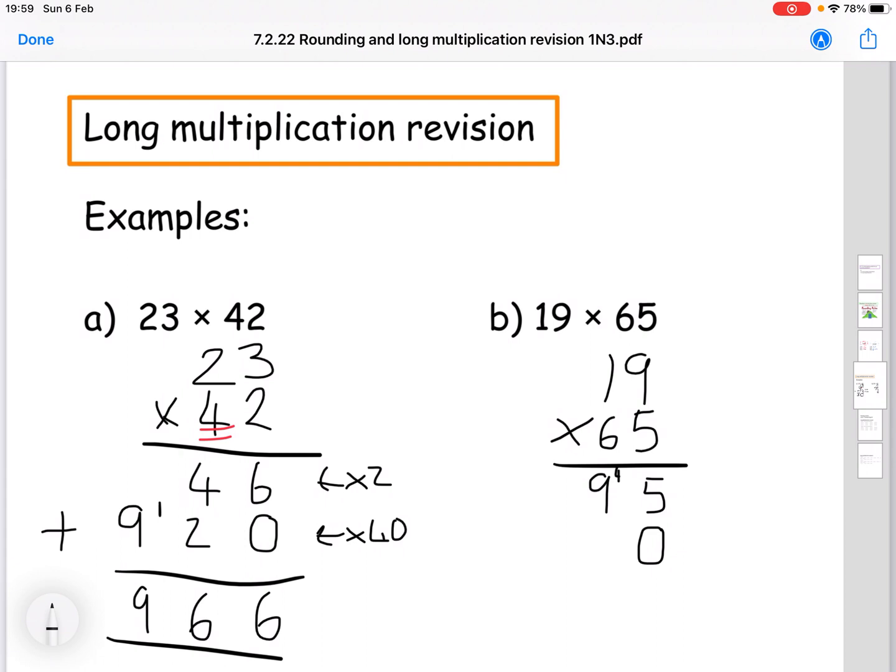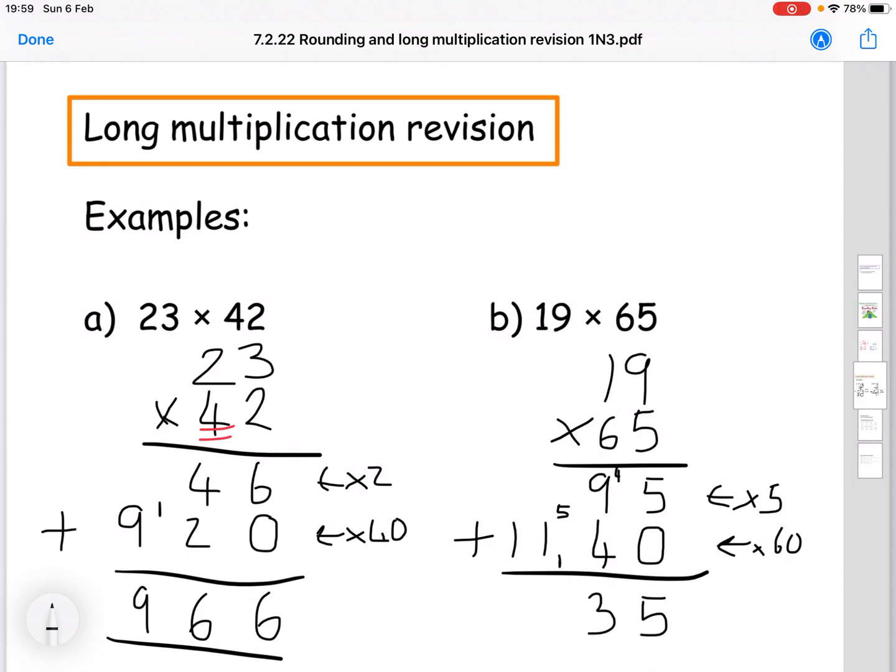So 6 times 9 is 54. 6 times 1 is obviously 6, add your 5 is 11. So these two lines, this is times 5 and this one is times 60. So all together times 65, so we have to add all this together. So 5 and 0 is 5, 9 and 4 is 13, 2 there and 1 there, so 1, 2, 3, 5. Alright, so if you think that this long multiplication is something that you don't really remember that well or just want to practice,